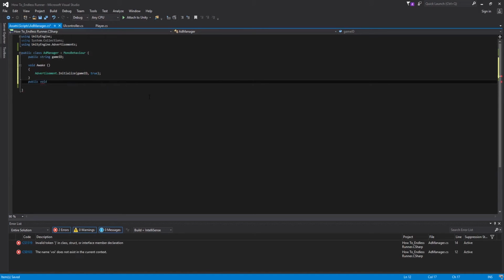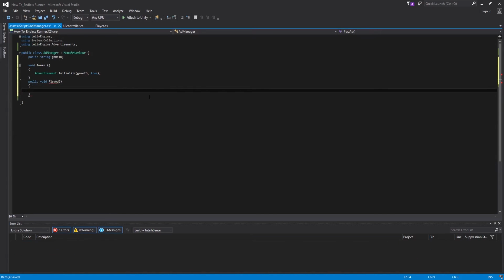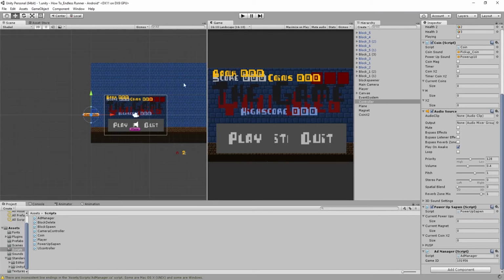So we'll just add a public void, and we'll just call this PlayAd. And PlayAd is just going to do Advertisement.Show, just like that. And basically that's just going to show an advertisement. So we'll just save that quickly, wait for it to load,